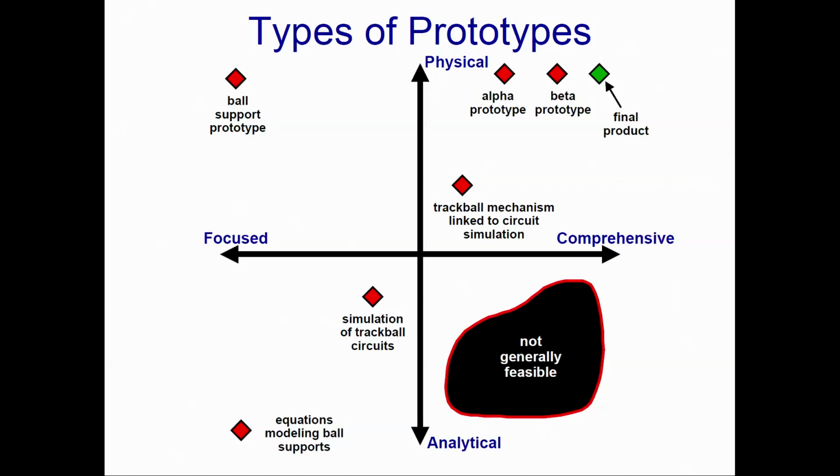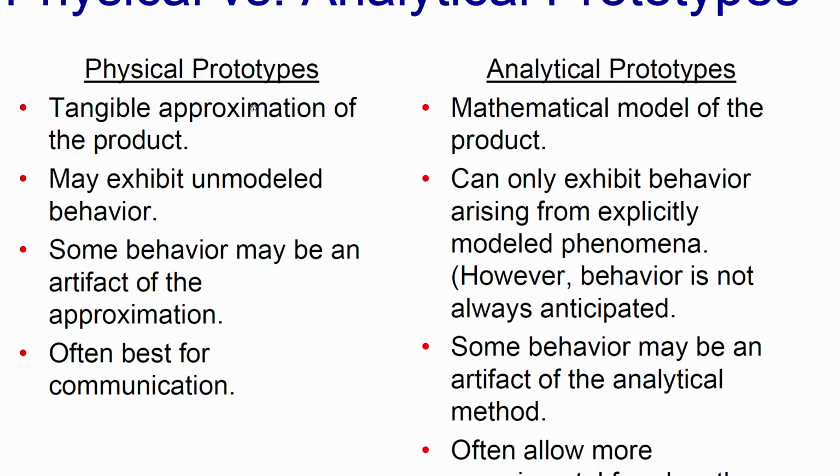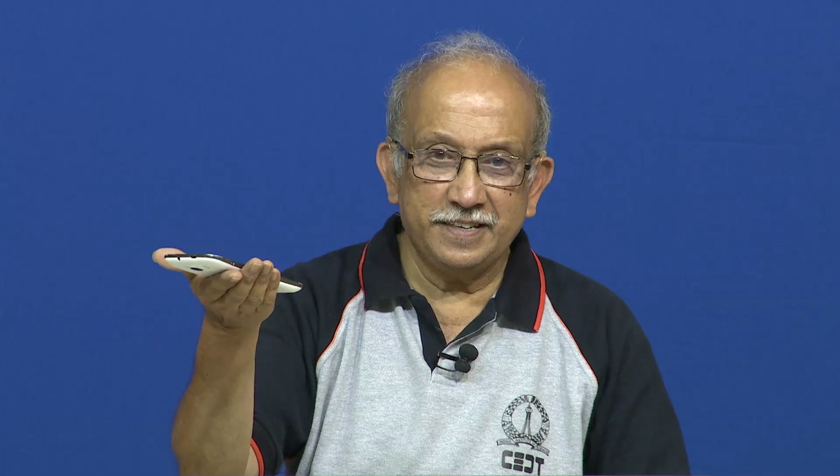Very much related to this is the moment you have a CAD model, you have the advantage of always going back and making things easier. Physical approximation of the product, that is what I was telling you. When you go to buy a mobile in a mobile shop, he will give you a practically identical piece like this. You know how well it feels, what the keys are, where the charging port is, where the headphone slot is, and finally how well it nestles in the hand, how it feels.